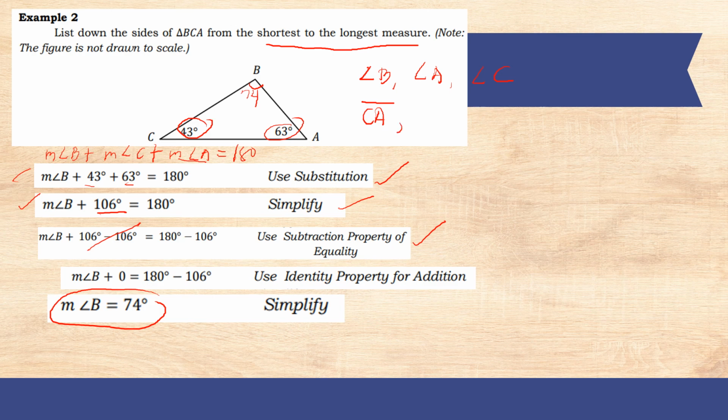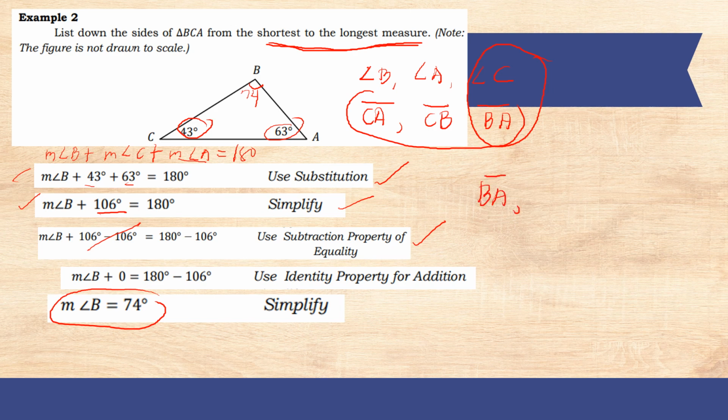Second, opposite to angle A is side C. And opposite to angle C, the smallest angle, is side B. Now, moving back to the question, arrange the given sides of triangle BCA from shortest. Since the smallest angle is C, therefore the shortest side is B,